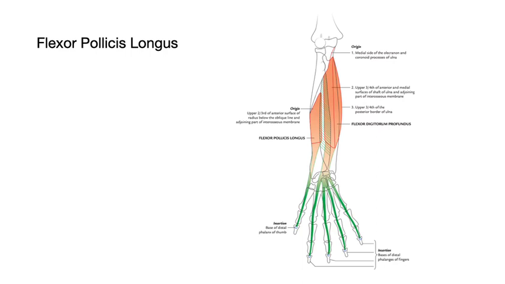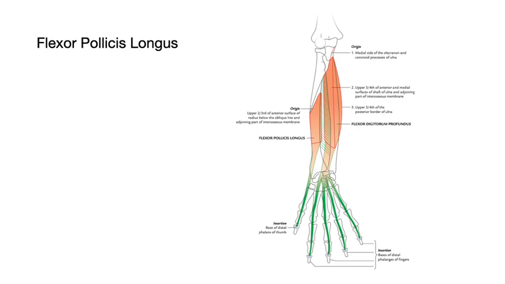Its action is the same, flexing the distal phalanx of the thumb. But since there is no digitorum superficialis here, it also flexes the proximal phalanx and the first metacarpal. We have said anterior interosseous nerve two or three times, so what is the anterior interosseous nerve? It is actually a branch of the median nerve. The anterior interosseous nerve supplies the deeper muscles of the front of the